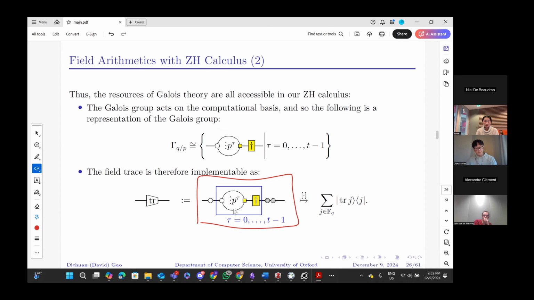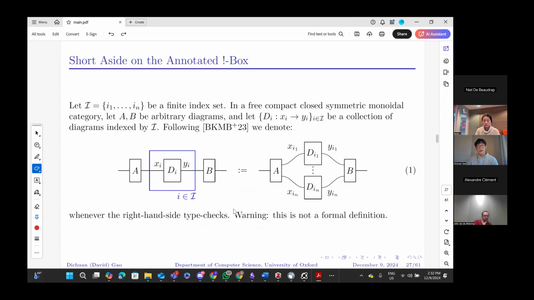Actually, yes, let me talk quickly about this blue box I have here, which I think people call the annotated bang box. I'm not sure if that's how you pronounce it, but yes. What is it doing here? Well, it's really just a shorthand for copying a diagram several times according to the annotation, and then connecting it in the right way to the diagrams in its context. So it's really just a shorthand for this operation so that I can avoid writing the dots